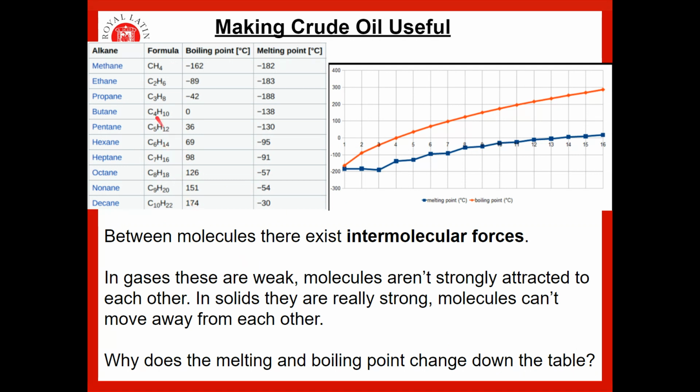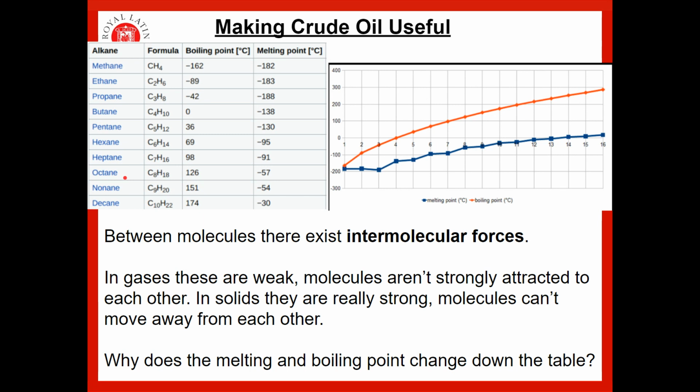So as we go down the table from methane to decane, something happens to the boiling point. It goes from minus 162 all the way up to 174. Melting points and boiling points will gradually increase as we go down the table. It's because between molecules there exist intermolecular forces. Now, the more intermolecular forces there are, or the stronger those intermolecular forces, the harder it is to break molecules